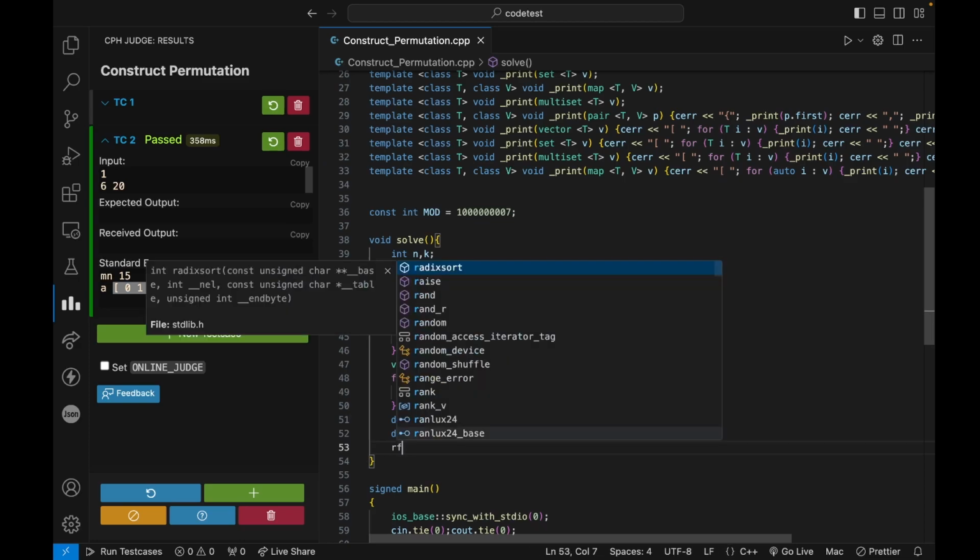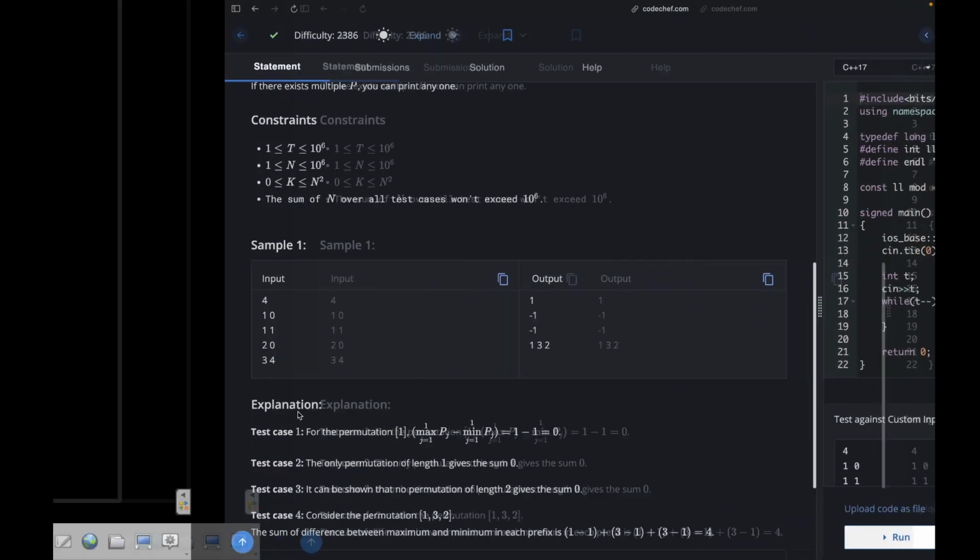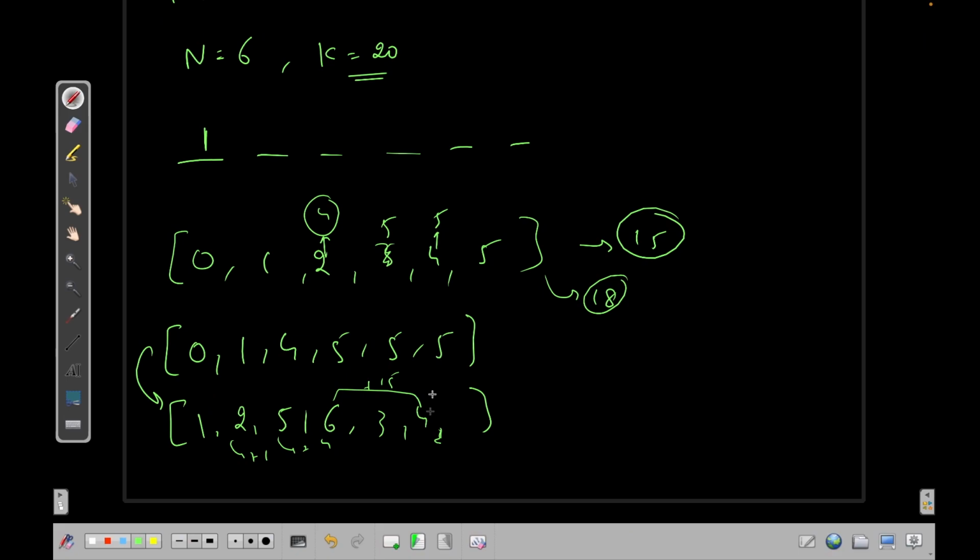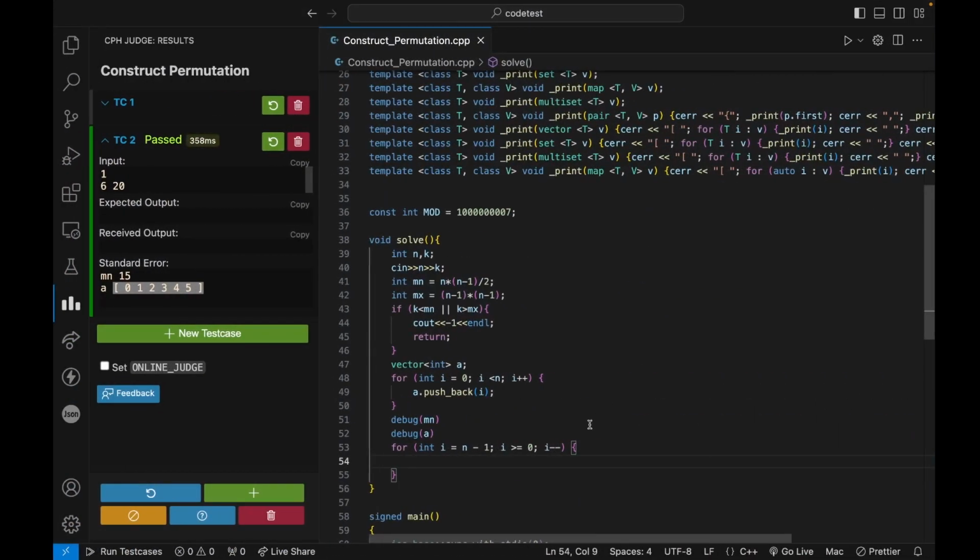Now I will go in reverse direction, just like I did here. I'm going in reverse direction, and I am adding my number. So let's say the minimum number that I need to add is what? A of I minus n minus 1 minus A of I. So I can either add this, the minimum of this,